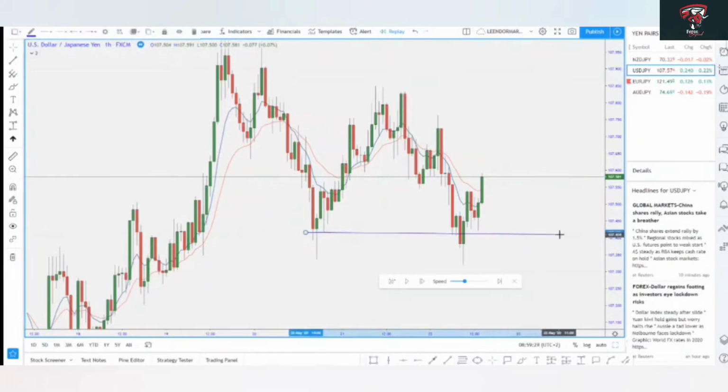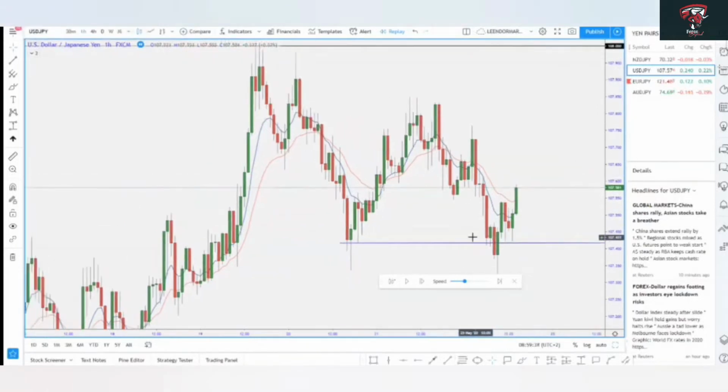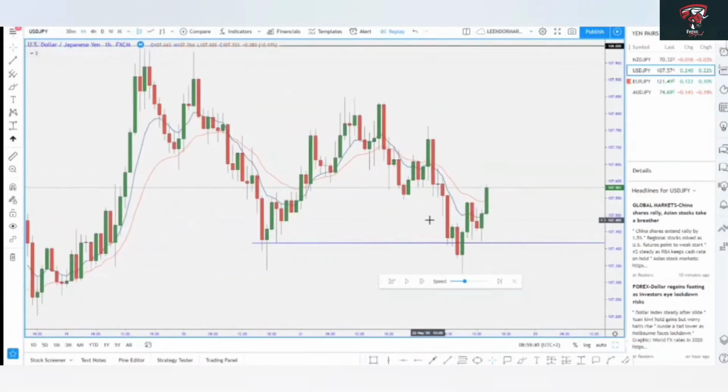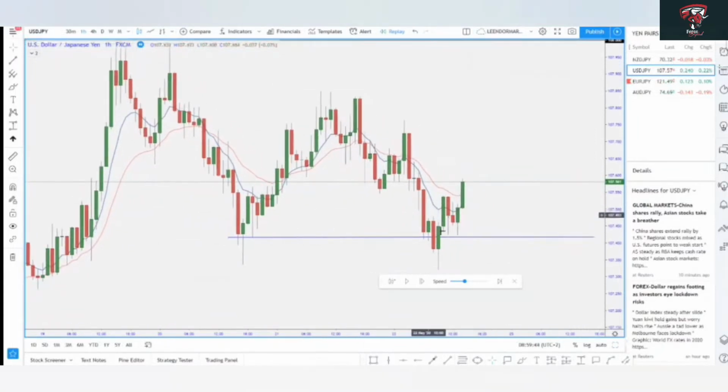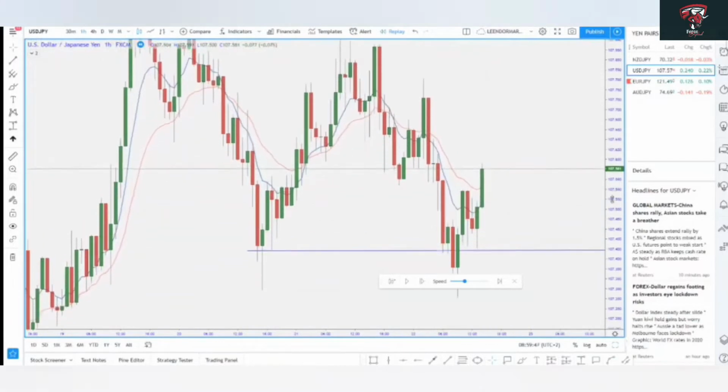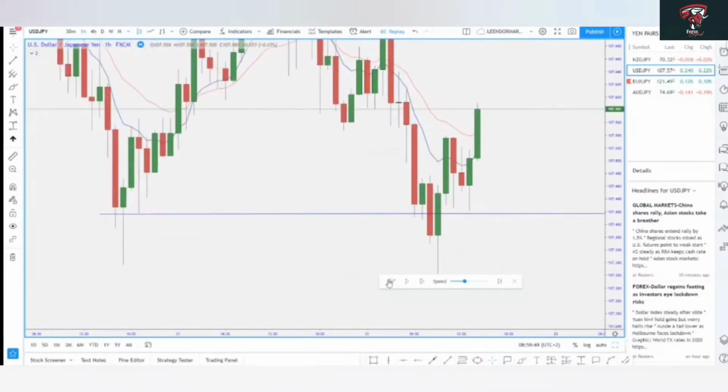This support level will then become an area in which I will be making entries, right? This is how we want to find entries, because remember that we buy low and we sell high. So when the market comes to this lowest point, this is when we actually look at buying. This is the area in which we're going to be looking at